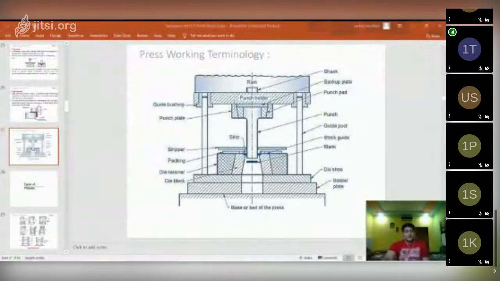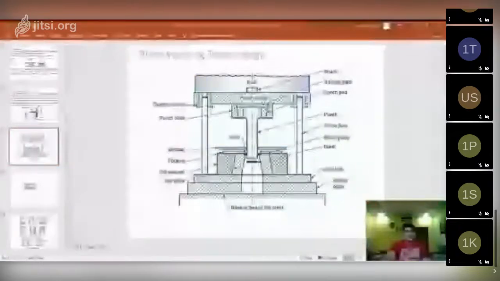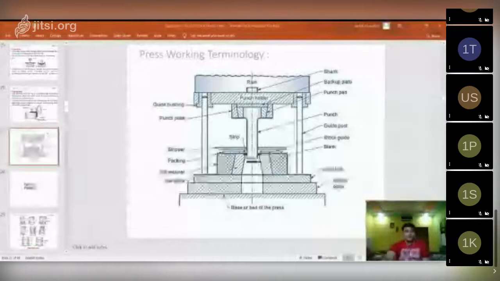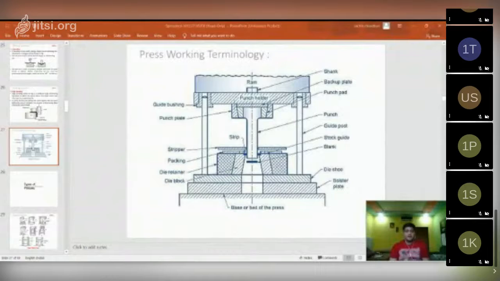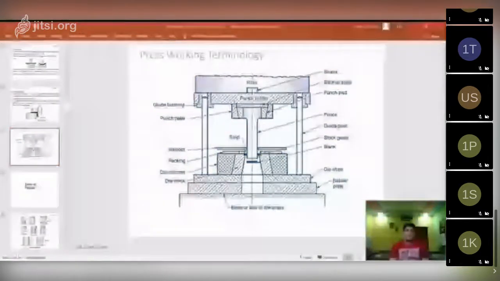And then we saw the shear force calculation, how the shear force is calculated and how it depends upon your shape. The formula for shear force is shear area into shear strength. Shear area for a circular shape is calculated by the perimeter into thickness. Thickness is your sheet metal thickness, the strip thickness.